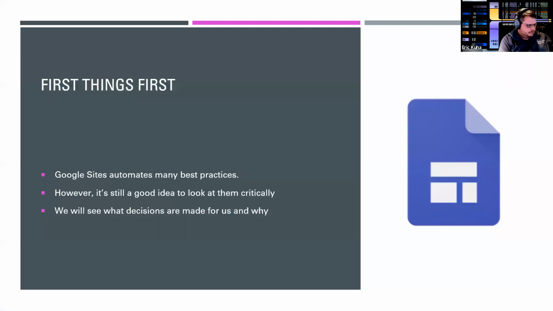But first, oh yeah, that's what I was getting to. Google Sites automates a lot of best practices, but we'll look at them a little critically so that we can see what Google Sites is exactly doing for me. They are doing a lot for us, and it's not a bad idea to figure out why some of those decisions were made for us and